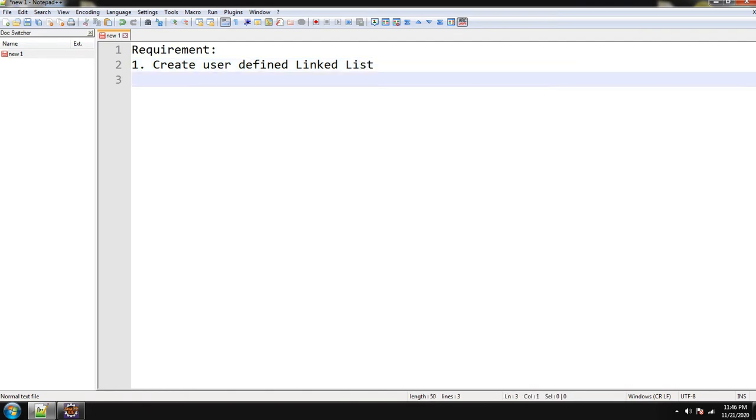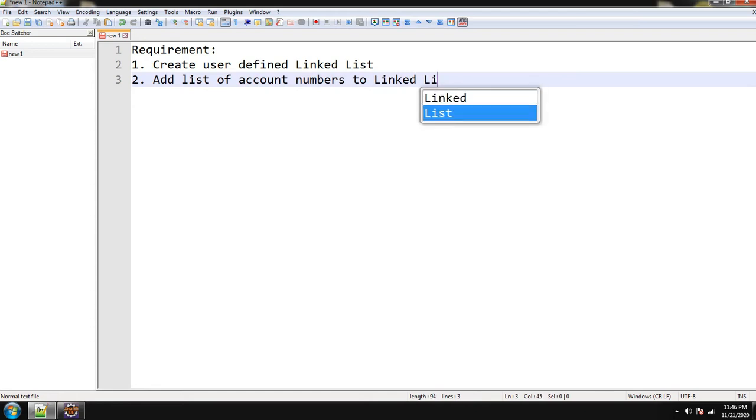So I am considering an account number linked list requirement. I will add account numbers to the linked list one by one. Then I will print all the account numbers from that list by traversing from the beginning to end.